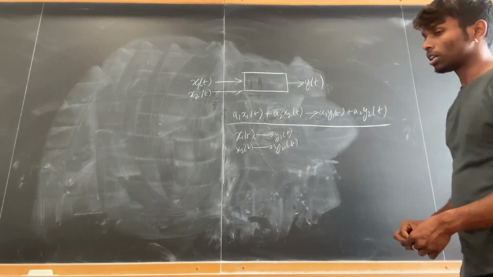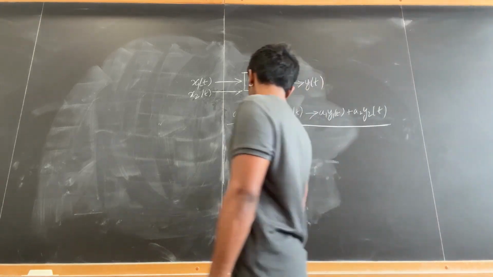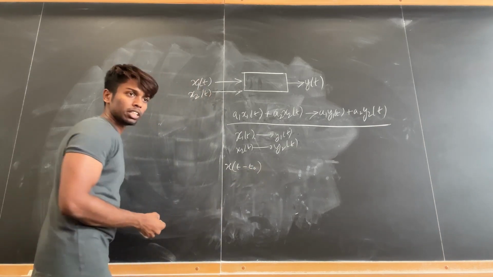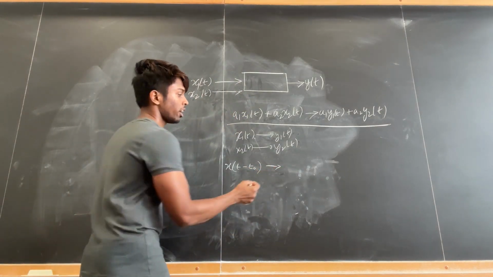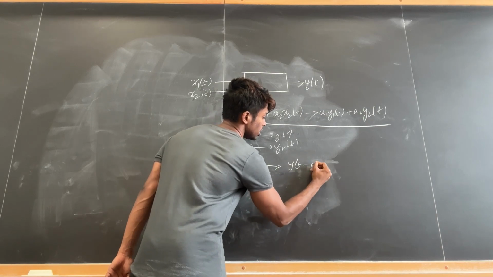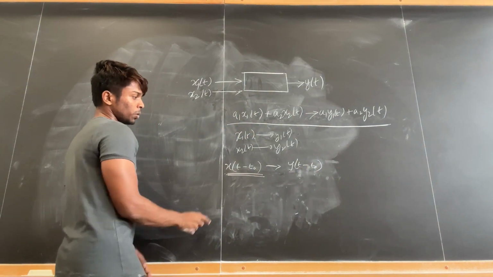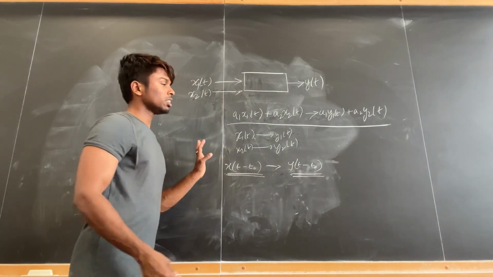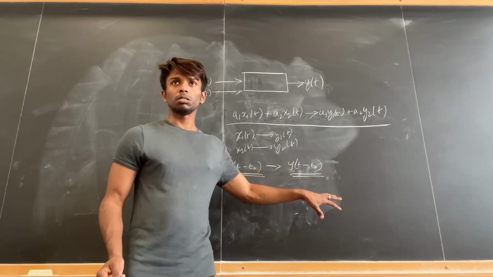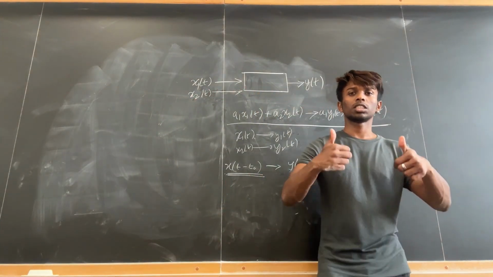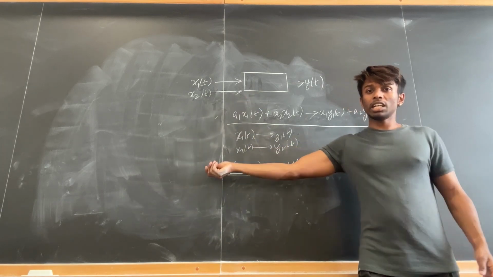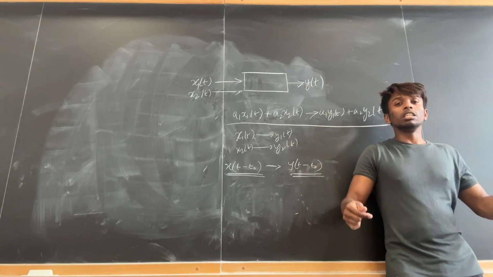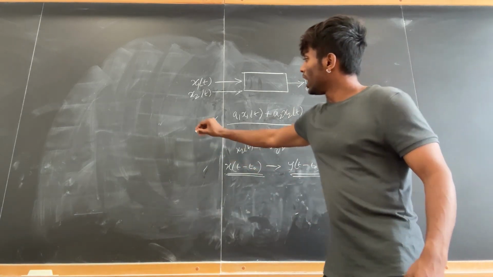And when does a system become a time invariant system? When the input to the system has a time delay as x(t minus t0), the output will have a similar time delay, that is y(t minus t0). In that case, a time delay in the input results in the same reflection in the output, and that means the time delay in the input doesn't have an effect on the system as a whole. So the system is invariant with respect to time. So the system is time invariant. Now if these two criteria are held by the system, then this system is a linear time invariant system, which we call LTI.